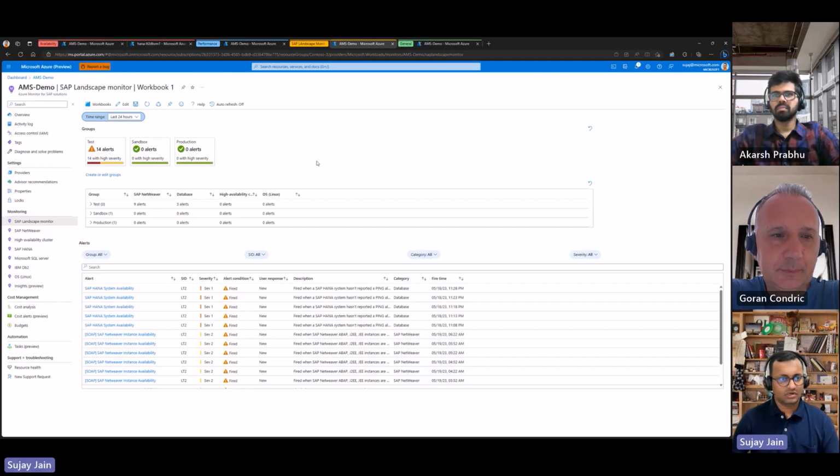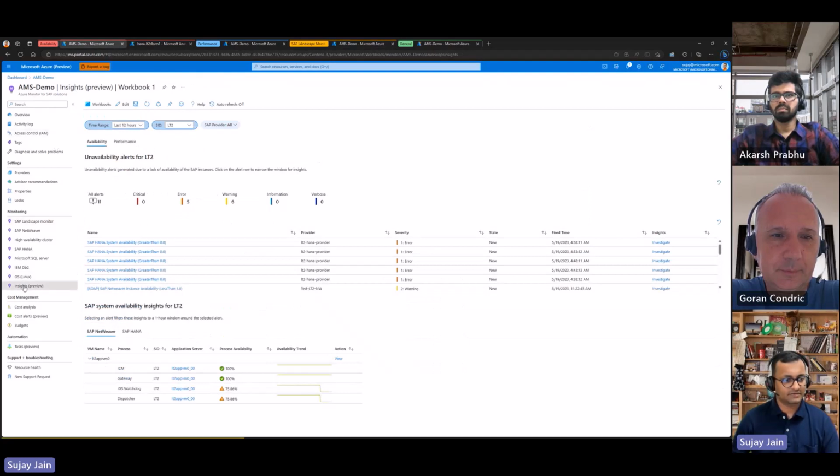Now moving on to SAP Insights preview. So we have SAP Insights, which, as I said, is a preview feature. The goal of SAP Insights is to show us the availability and performance issues, where exactly the problem is, and the attributes which can help us figure out where the potential problem can be. So it brings in all the relevant, contextual data from the SAP application platform and the Azure infrastructure. And we can actually look at all those details in one place.